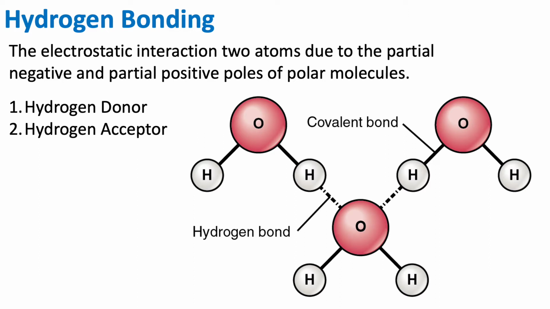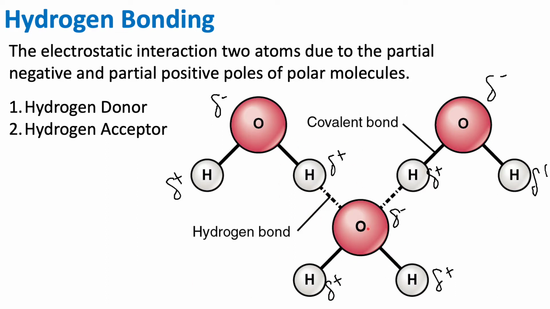Since we know that it is a polar molecule, each of the two atoms must have partial charges. The oxygen, since it's more electronegative, will have a partial negative charge, and the two hydrogens will have a partial positive charge. Same with this one, it's partial negative, partial positive, and so forth. So hydrogen bonding is an interaction between two molecules due to polarity. Essentially it is a dipole interaction because we have the dipole of one atom interacting with the dipole of